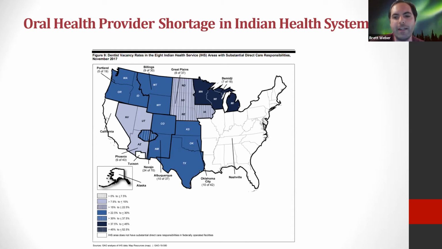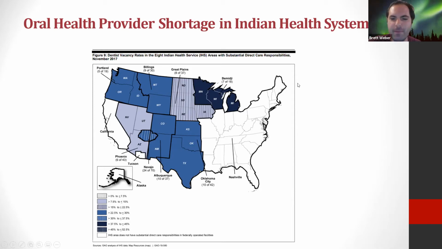Now, if you don't work in the Indian health system, there's basically 2 ways that this works. The Indian Health Service operates hospitals, facilities, and clinics itself and provides those services directly to tribes. And so those are called direct service tribes. And another way is tribes have the option to operate their own health systems with funding from IHS. And those are called 638 or self-governance tribes. So this chart is just looking at that first group, the direct service tribes, looking at IHS facilities.